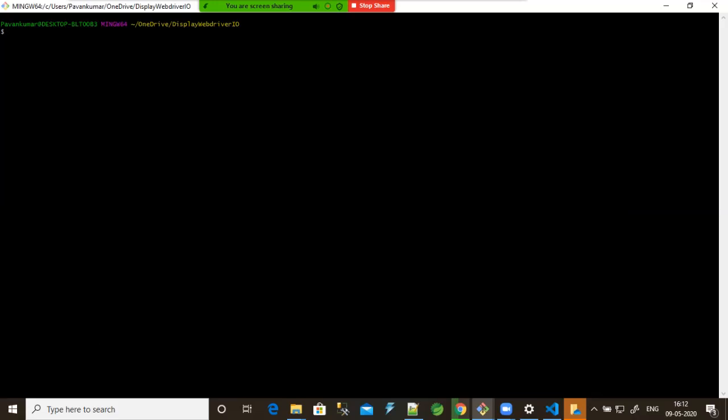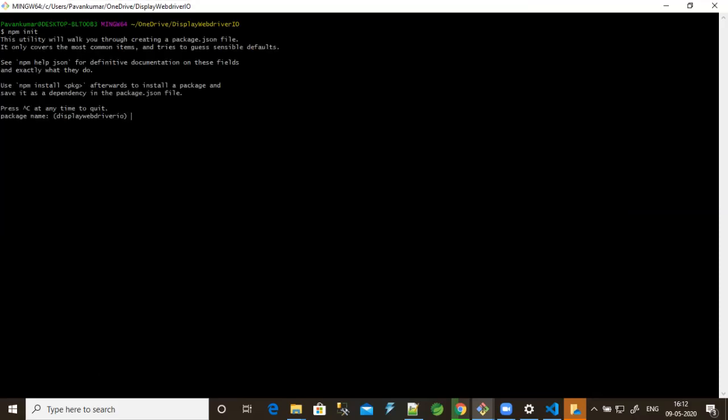Just type npm init. Here init is nothing but initializing the package.json file. We can give the default name, the same as the directory name.